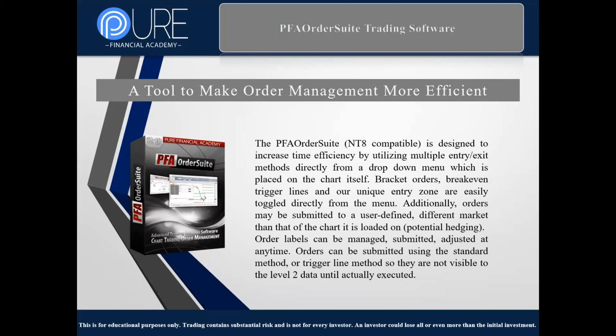So they can literally see your orders sitting on the exchange, whether it's market makers or some other retail trader sitting at home trading, they can still see your order, sitting out there somewhere, right? Wherever that may be. It is visible because it is on the exchange and it really can't be hidden. Orders can also, however, be submitted with what we call our trigger line method. And that is almost the opposite. It simply removes it from the visibility on the exchange because it isn't actually submitted to the exchange. And that's why we call them trigger lines. So in other words, trigger the entry when the line is touched, okay?